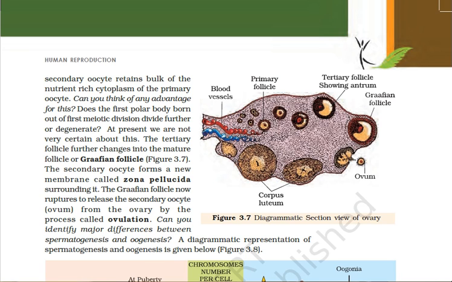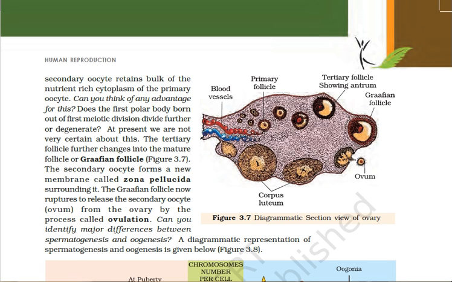Then we go to the growth phase. What happens during this phase? During this phase, one of the oogonium of the egg nest, the small cells you see on the screen near the blood vessels, they are the egg nest cells. One of the oogonium of the egg nest gets differentiated and remaining oogonia change into surrounding nutritive follicular epithelium. The differentiated isolated oogonium increases in its size by obtaining nourishment from the surrounding follicle cells and transforms into diploid primary oocyte.